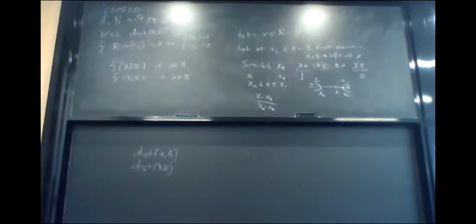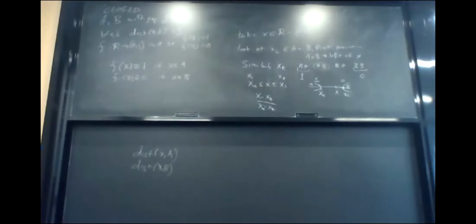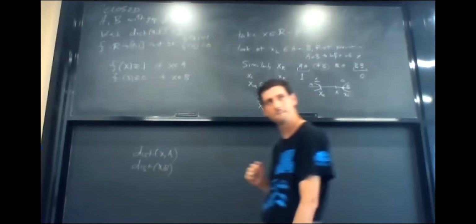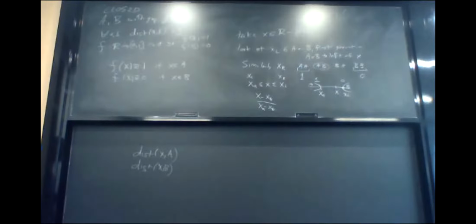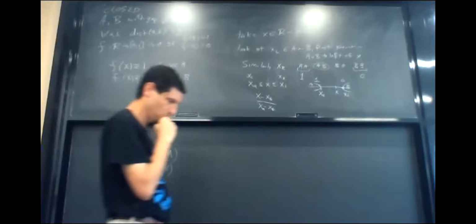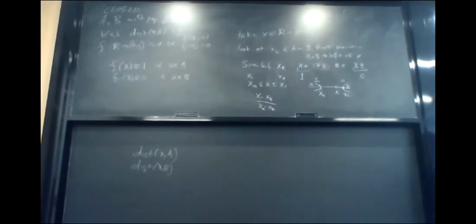Any thoughts? You just look at the distance x and A. If it is less than g over 2, then you just go all the way up to 1. So it starts at 0 at g over 2 and then it gets to 1. Right, but that gives you a long convoluted function.